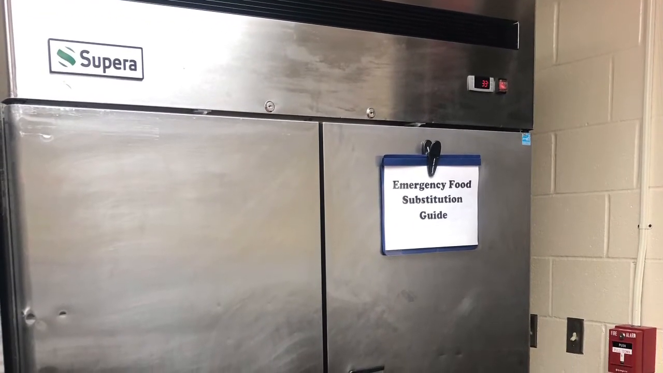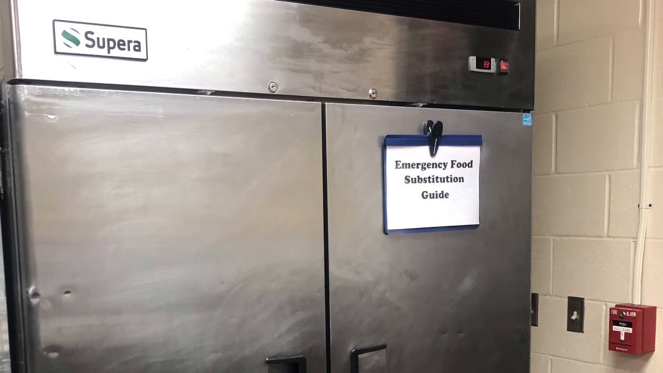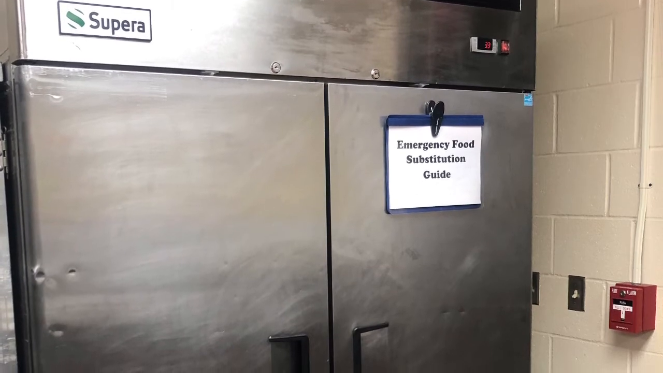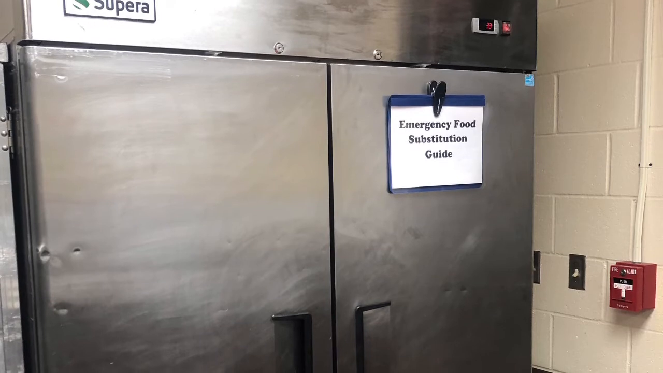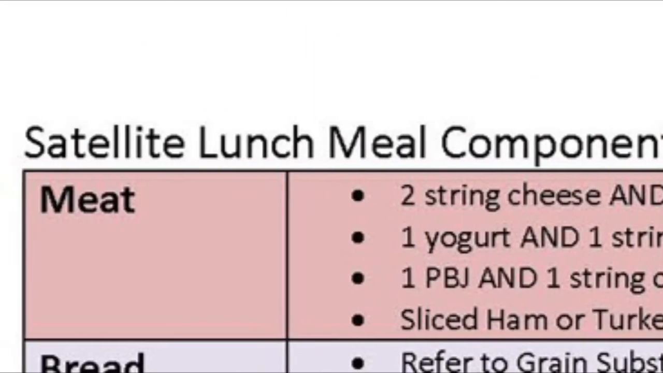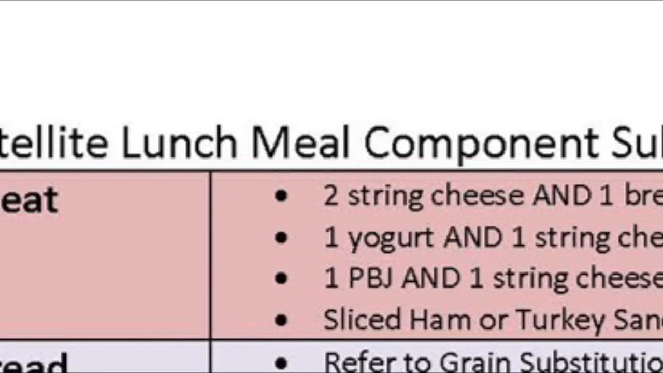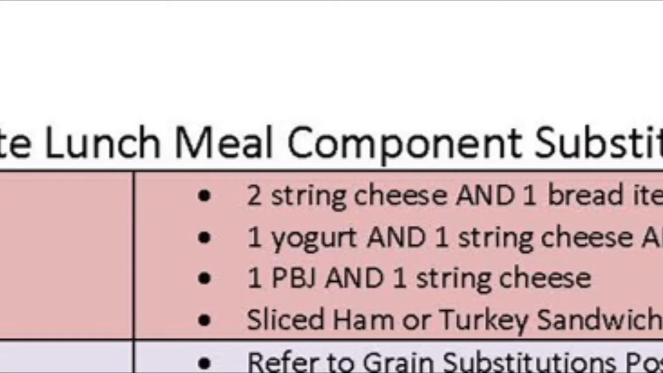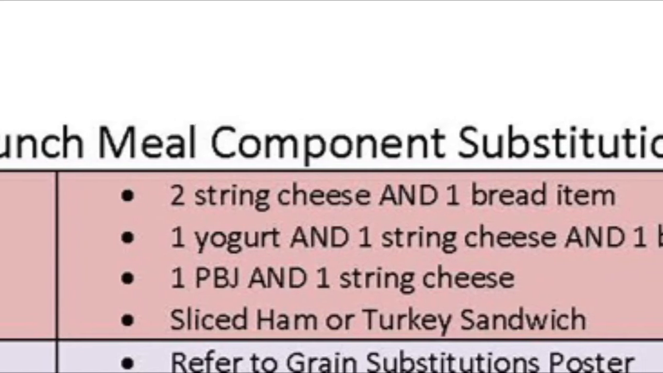If possible, to address shortages or temperature issues, schools should call FPC for a hotshot at least 1 hour prior to lunch service. However, when it's not possible, schools can use the Satellite Lunch Meal Component Substitution Guide. Let's review it now. To replace an entree, compile 2 meat alternate components and 1 grain bread item together to replace it. The guide suggests the following: 2 string cheese and a grain item, or a yogurt, a string cheese,